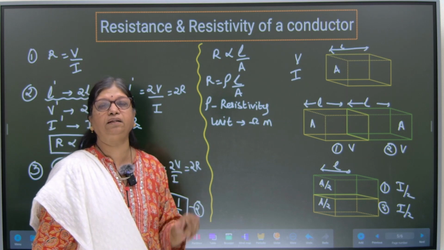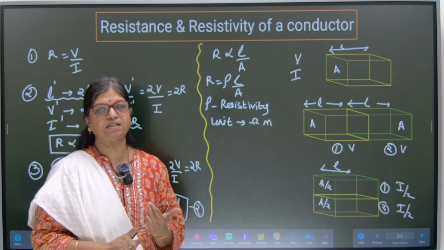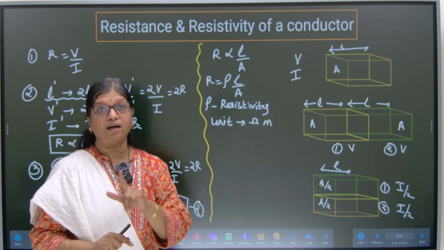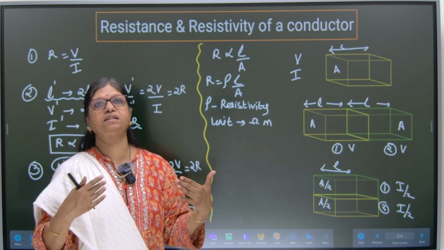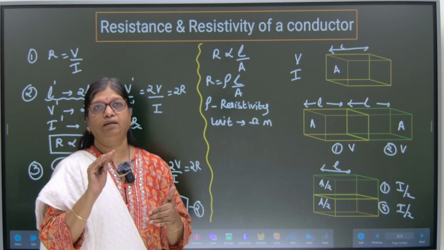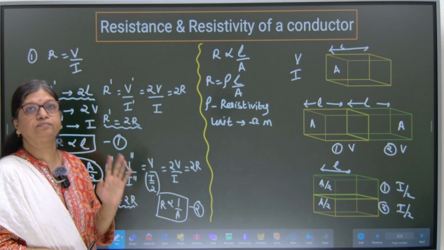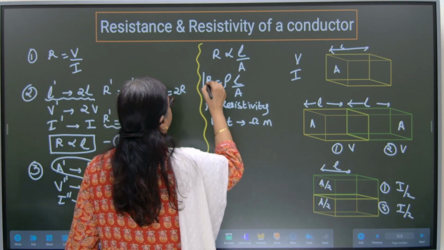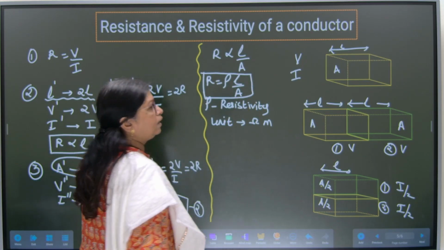Directly proportional to length, inversely proportional to area. Again and again I am saying this because depending on this relation, numericals are asked. The length is doubled, area is halved, or area is doubled. Accordingly, the resistance will change and hence the current. Fine. So keep this relation very clearly in the mind so that numericals on this concept can be solved by